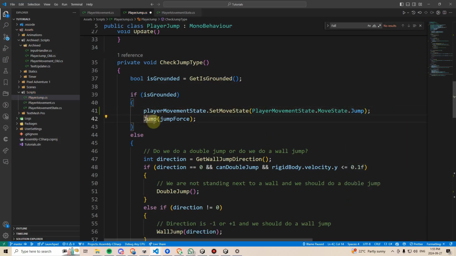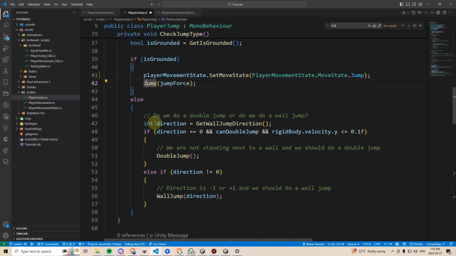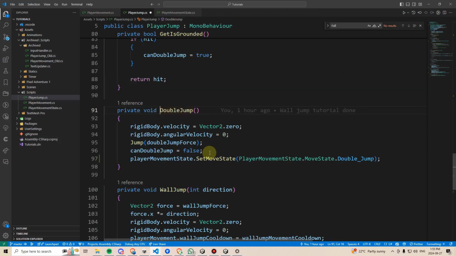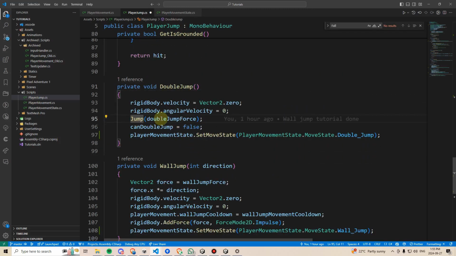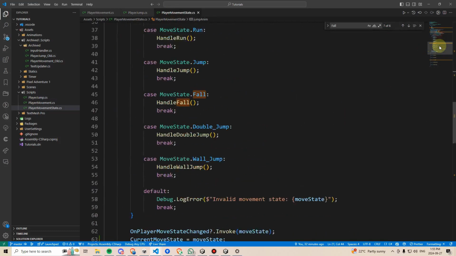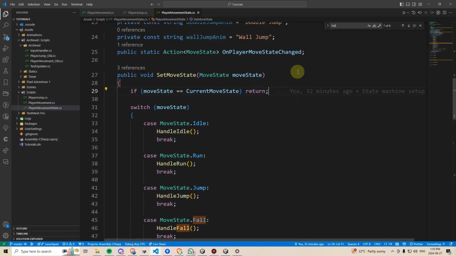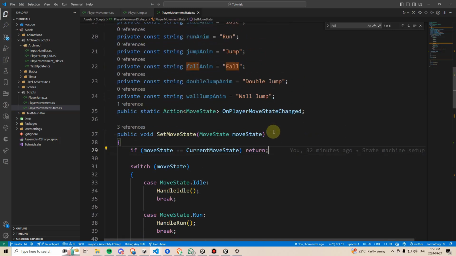The reason I'm not putting this in the jump method itself is because we're also calling jump from within double jump, and we're just giving it a different jump force. So even though it really shouldn't matter because we are doing an early return here in the state machine, just for cleanliness, I decided to call it from where I did. That should take care of our jump logic,